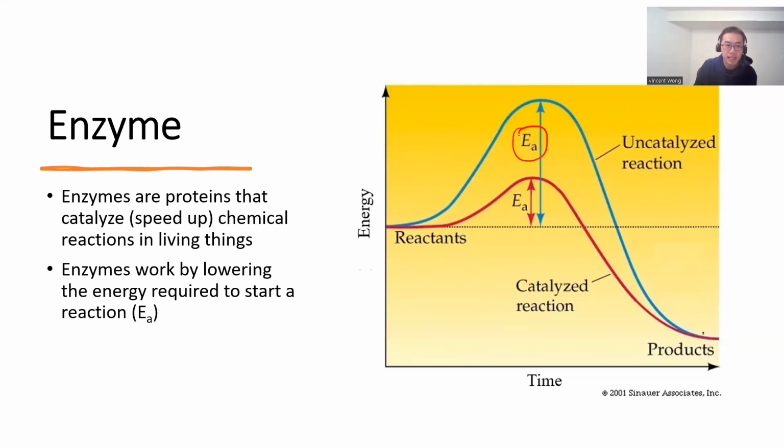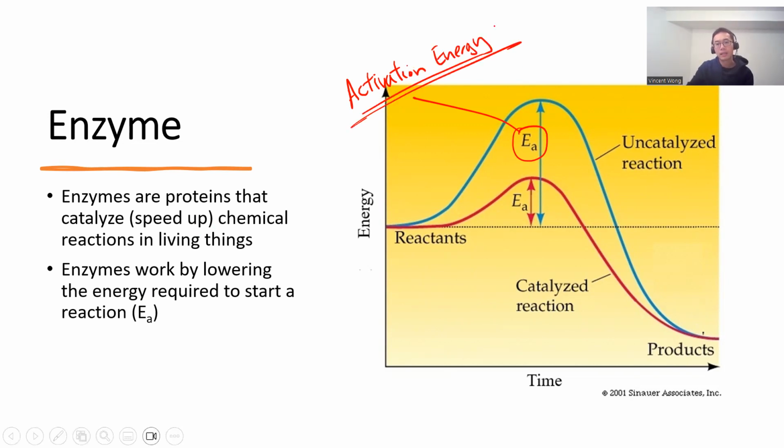Okay, so EA is the activation energy. All right. So normally it's a lot, but with the help of an enzyme, you lower the activation energy,